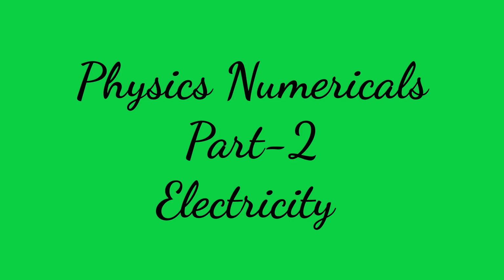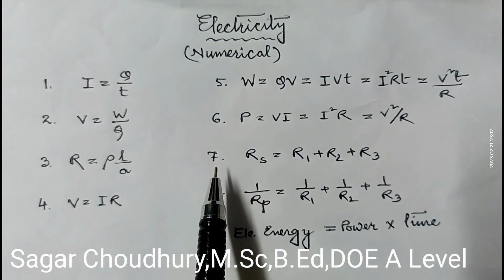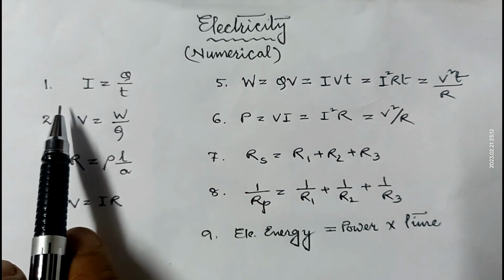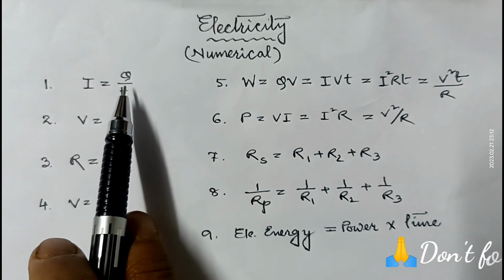Hello students, in this video I am going to discuss some numerical problems of electricity for class 10. Before starting the sums, let me discuss the basic relations that are required to do the numericals. Here the first formula is I equal to Q by T, where I is the current, Q is the charge and